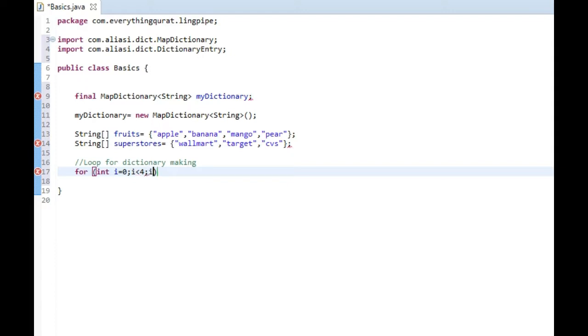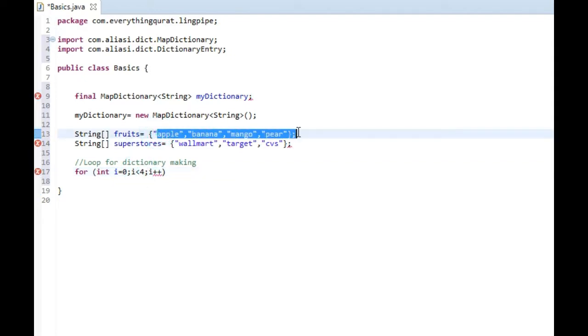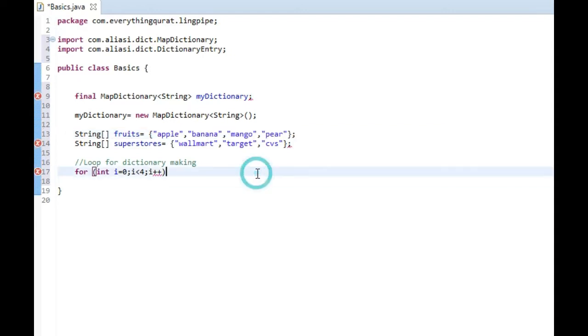So now I'm using a for loop that runs till the instances. Why four? Because I'm going to do this for the fruits part, and the fruits dictionary has only four instances. So for four instances, I have to do